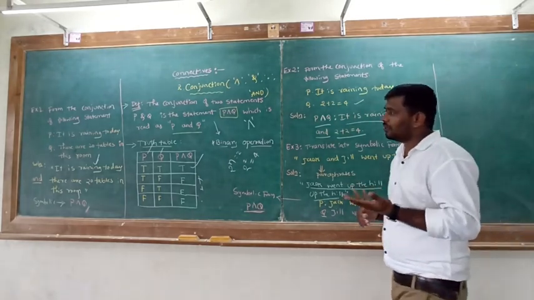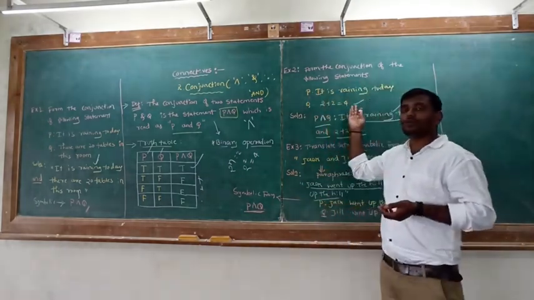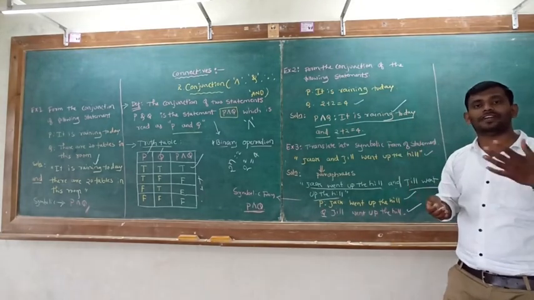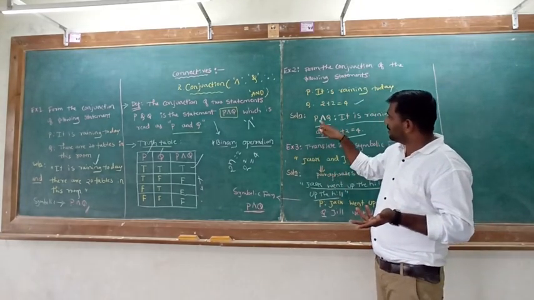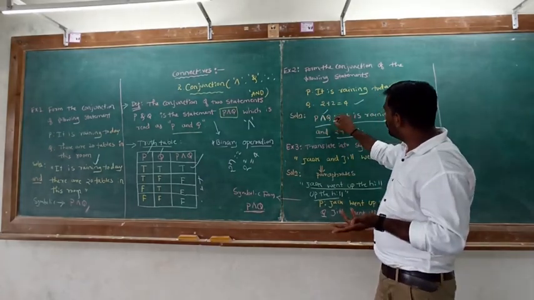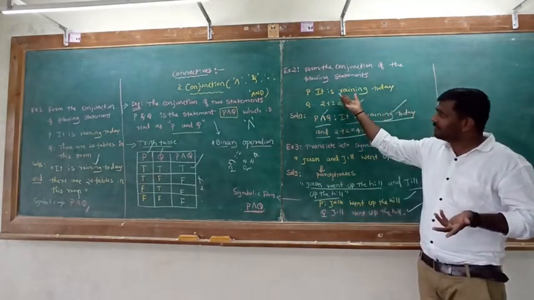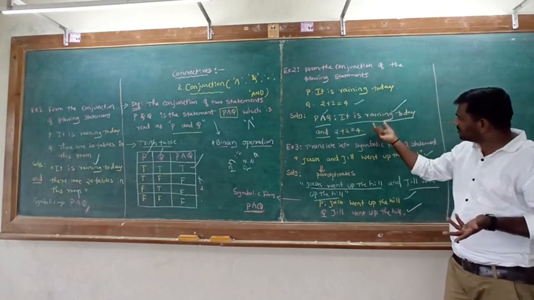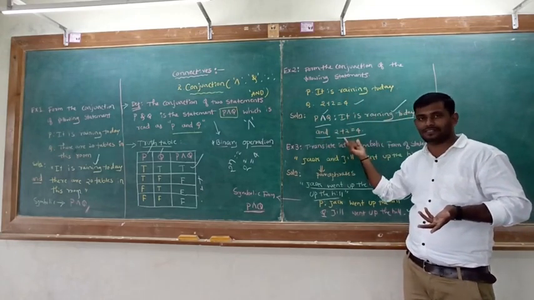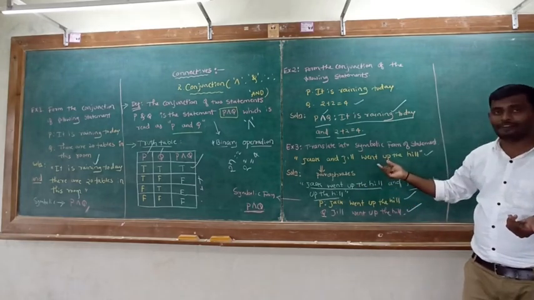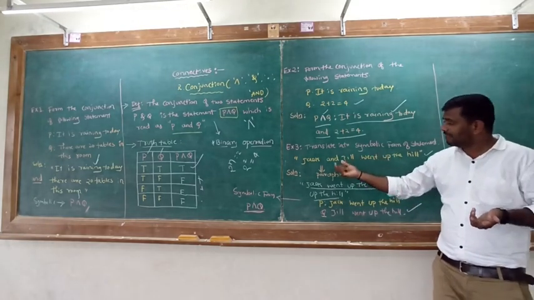Okay. So first they will give two primary statements. Then you have to convert into the form of conjunction. How to convert? P, use the conjunction symbol, Q. Whatever the first primary statement, write as it is. In between you use the and keyword, and next the second sentence as it is. And in the third example there is a different manner.